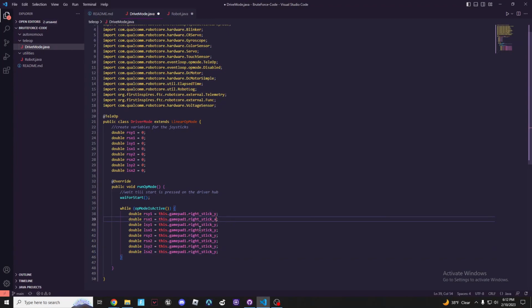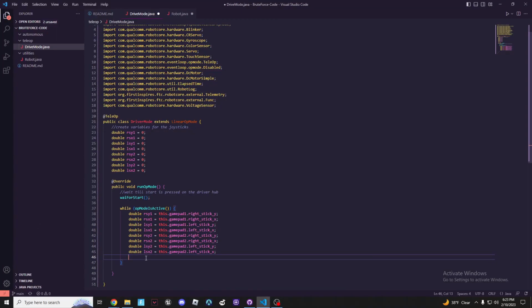So right stick X, left stick Y, left stick X, and then gamepad 2 right stick Y, gamepad 2 right stick X. Alright, so now that we have all of our variables assigned to our joysticks,